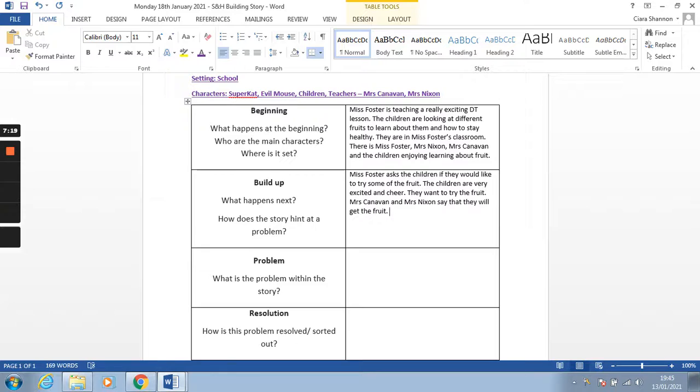So I'm saying what happens next, and now I need to say, how does the story hint at a problem? When they look for the fruit, they cannot find it. This is starting to seem like there could be a problem here. So I'm hinting, oh, well, they look for the fruit and they can't find it. I'm thinking, oh, what happens next? So then I'm going to move on to my problem. What is the problem within the story? So